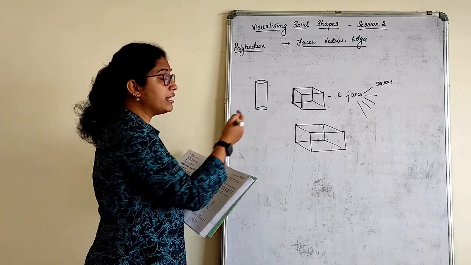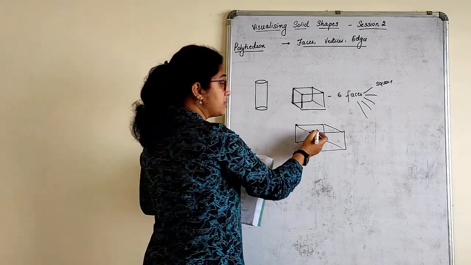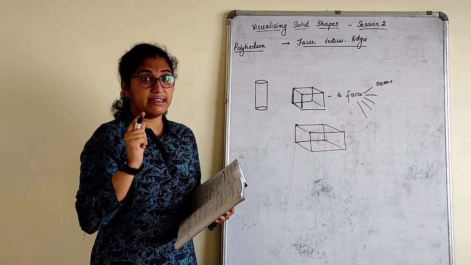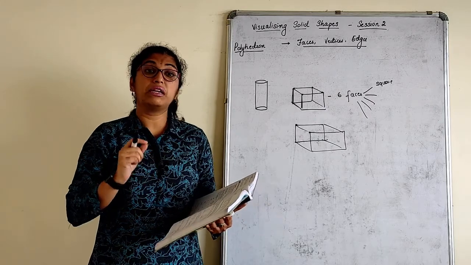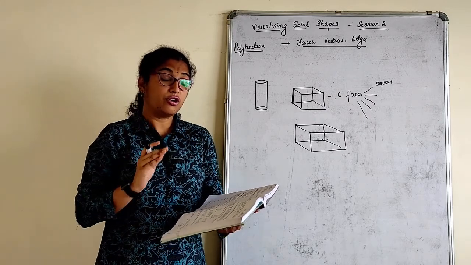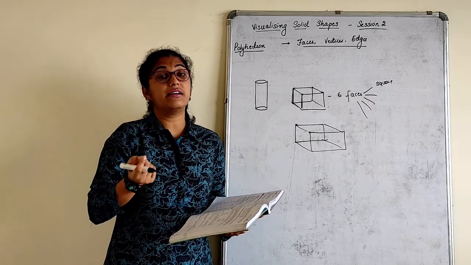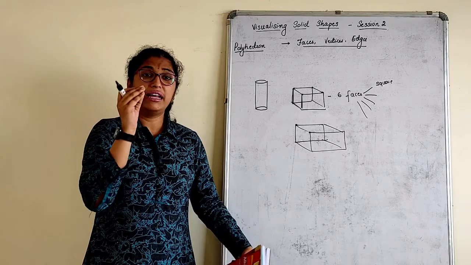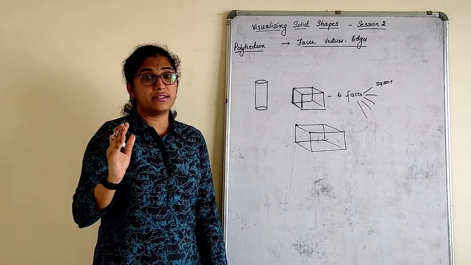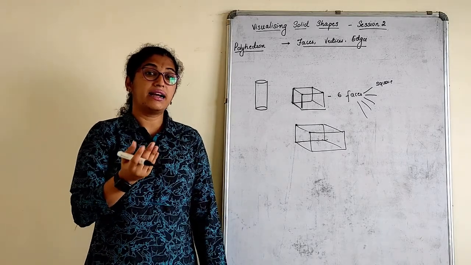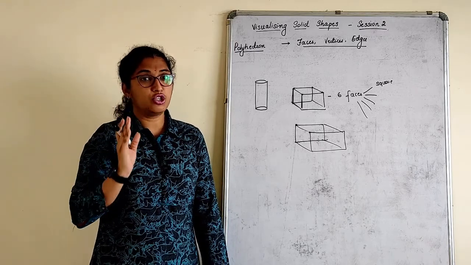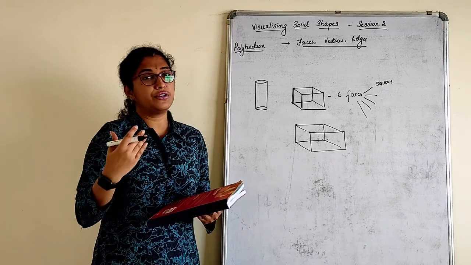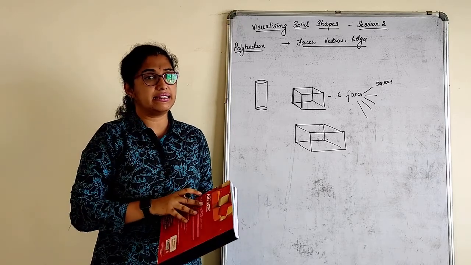Next, a cuboid is the same thing. I cannot say that it is bounded by 6 squares; it is bounded by 6 rectangular faces. Similarly, a tetrahedron has 4 triangular faces. A polyhedron will have at least 4 or more faces, not fewer than that. Fewer than that will not be a polyhedron. You have to keep that in mind. I will send the definition of a polyhedron and the different types of regular polyhedron again in the PDF.